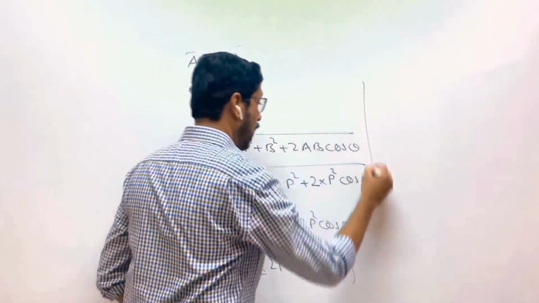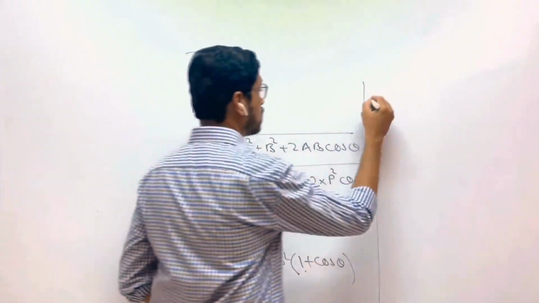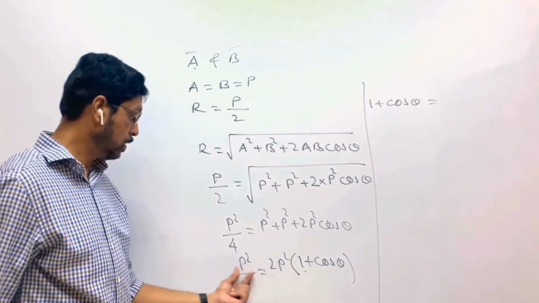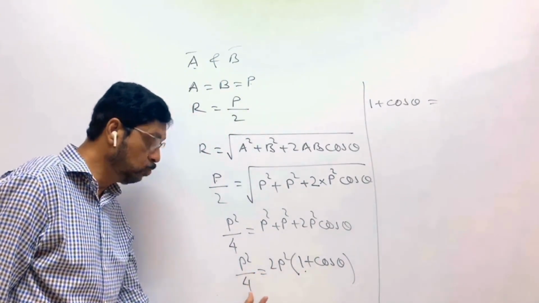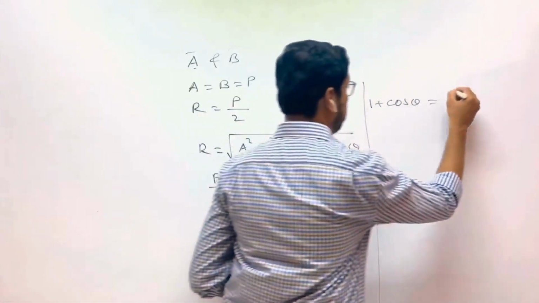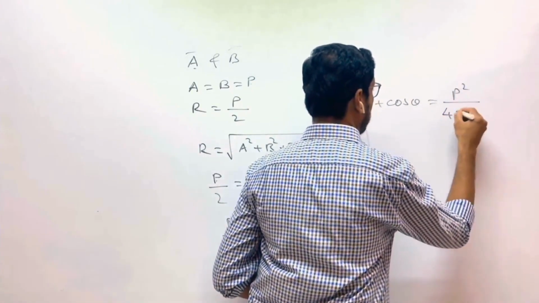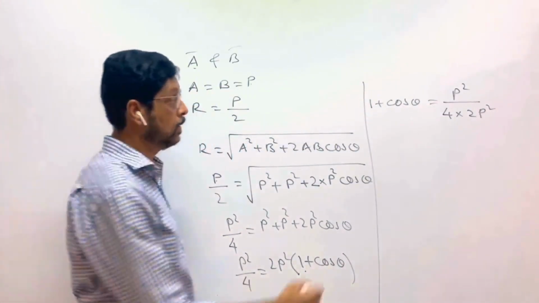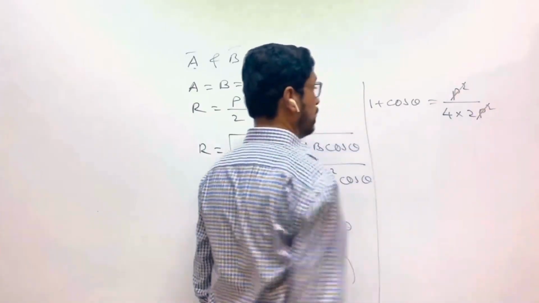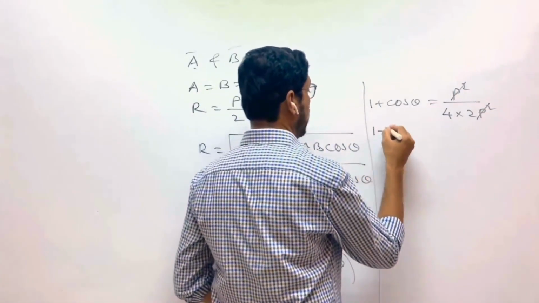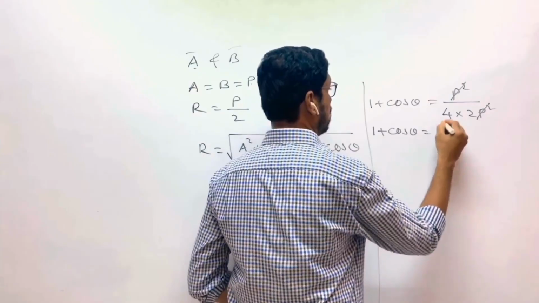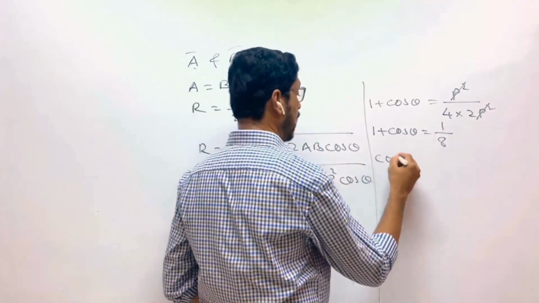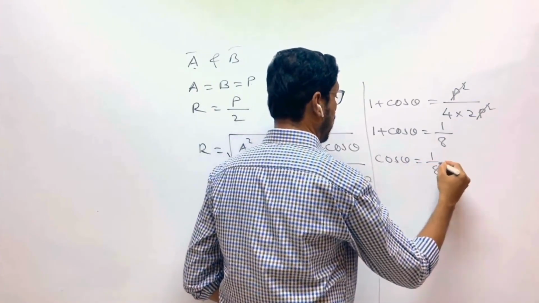So now 1 plus cos theta will be equal to P square by 4 into 2P square denominator. This P square gets cancelled. So 1 plus cos theta is equal to 1 by 8,